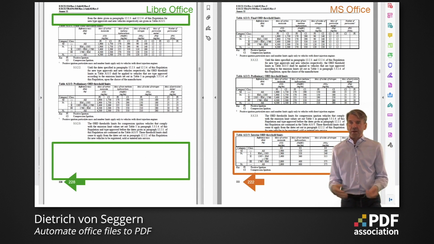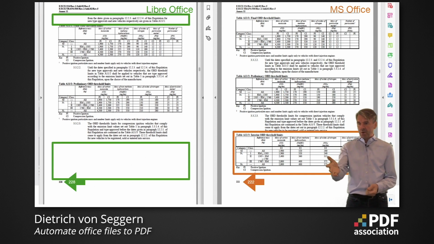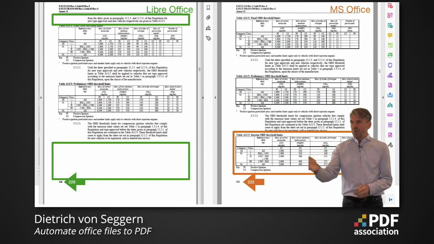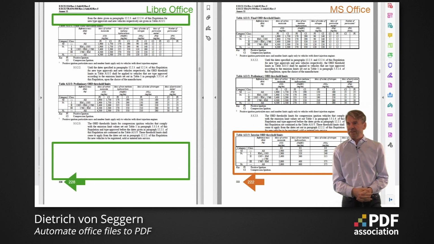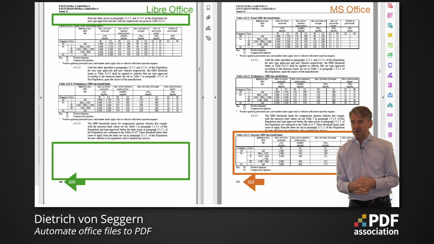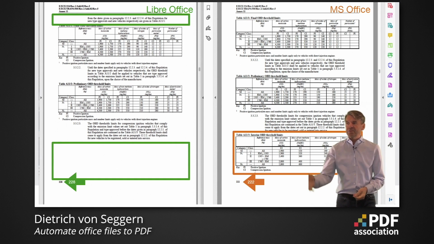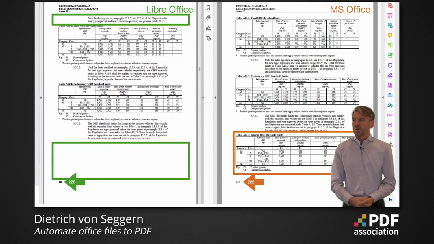So here is one example. We are now in Microsoft Office, indicated by orange-red, which is the main color and the logo from Microsoft Office, on page 222, while in LibreOffice on the left-hand side, the major color is green, we are already on page 228. And we can also see that on this very page at the top in LibreOffice, there is